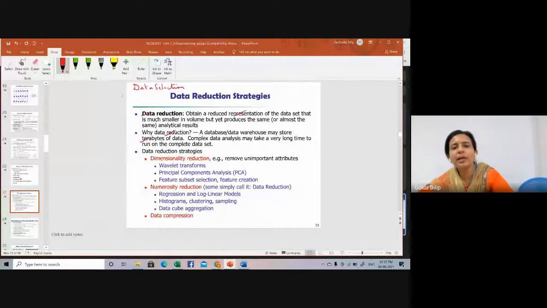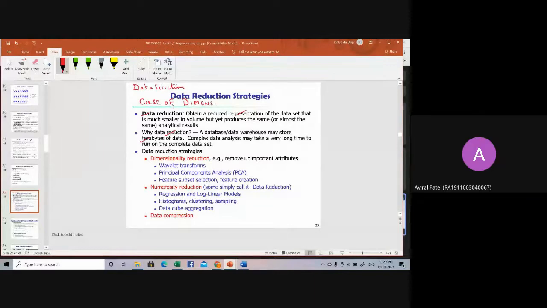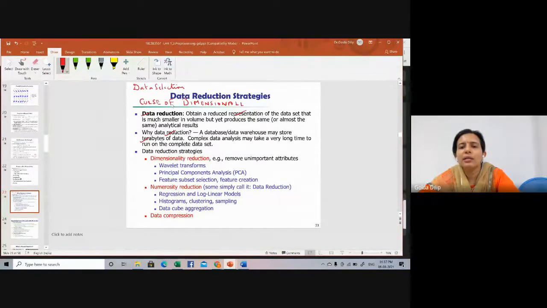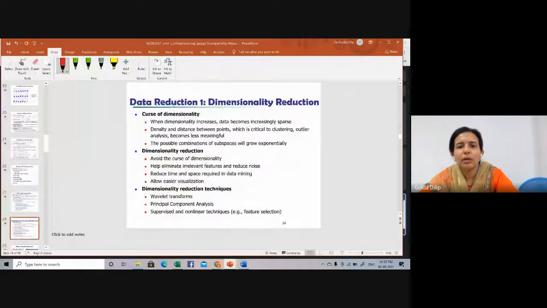The main issue, I think, in the beginning when we started discussing data pre-processing, I had given a brief regarding each of these techniques. When it came to data selection or data reduction, I mentioned something called the curse of dimensionality. Do you remember? Yes, ma'am. So that is significant out here. It's mentioned here.